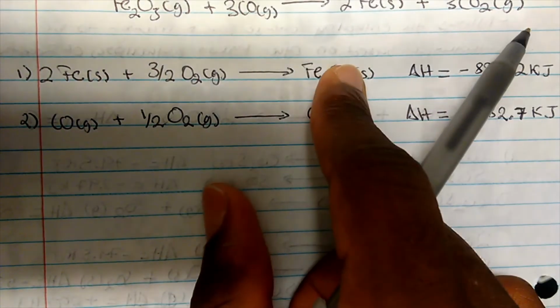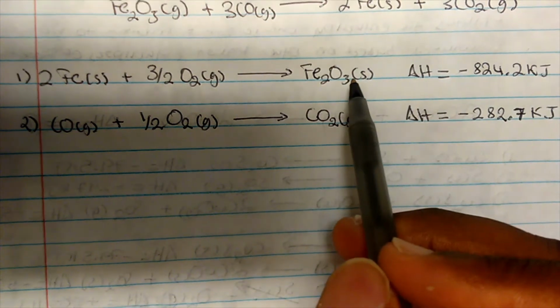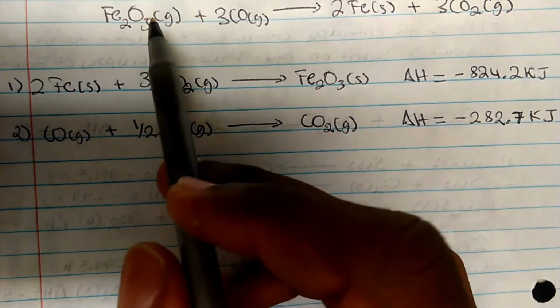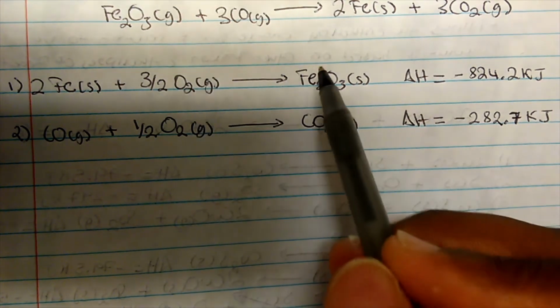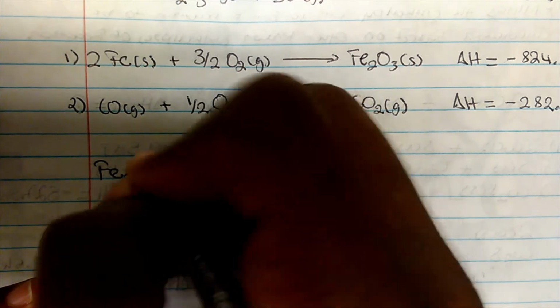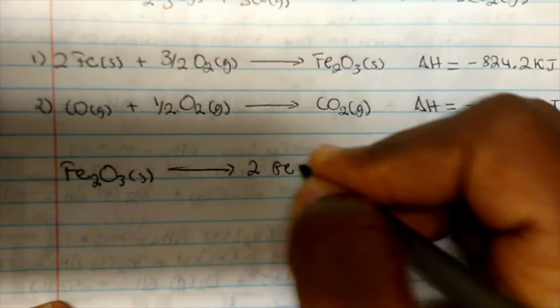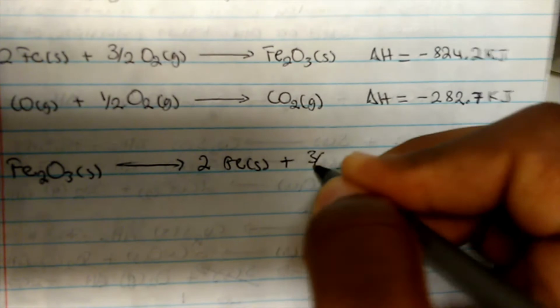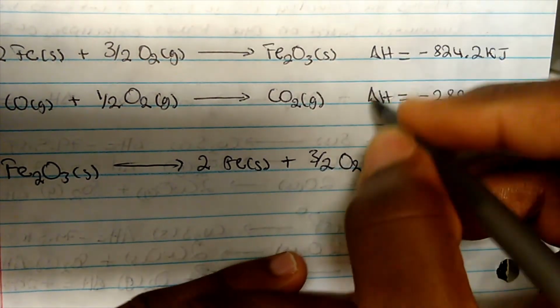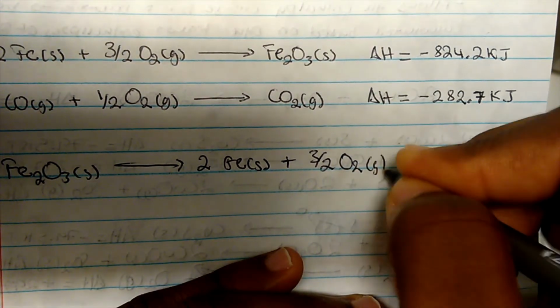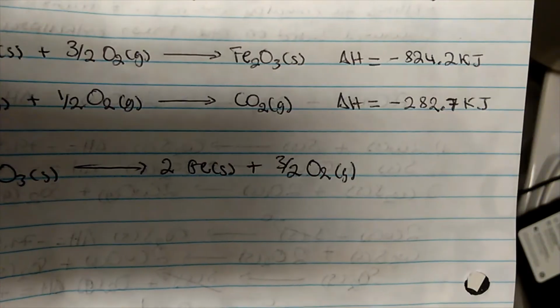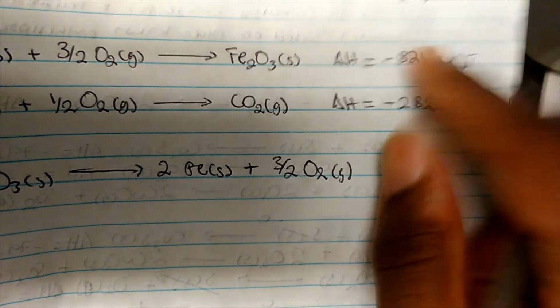Well, if I look at the 2 equations, there's only one place that this appears, and it appears over here. Now, it is a product. In the target reaction, it appears as a reactant. Here it appears as a product. So I'm going to flip this. So if I flip this, now I have 1 mole of Fe2O3 gas, and that appears as a reactant now, and its products are 2 moles of iron solid plus 3.5 moles of oxygen gas. But now remember, if we flip the equation, the sign of the delta H changes,